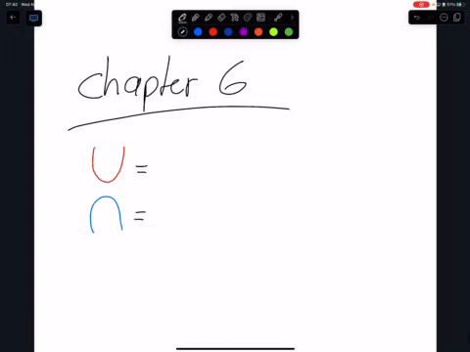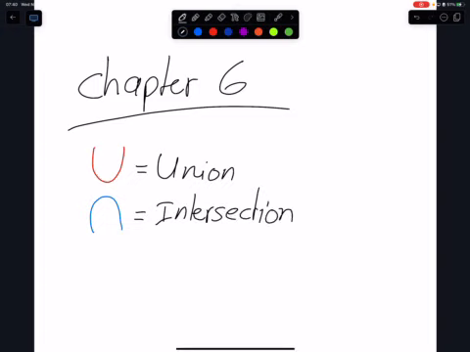The one that looks like a U means the union, and the one that looks like an N or the smiley parabola is union, and the frowny parabola is called the intersection. Now, to give examples on both of them,